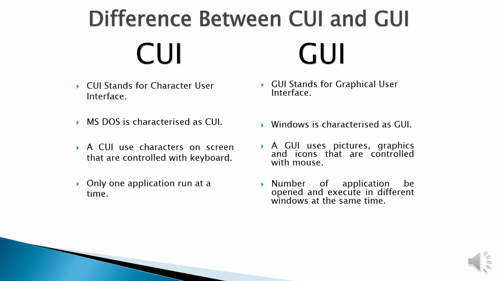For example, if you want to work on MS Word, you can open it, and after that, you can also use any other software like PowerPoint or MS Excel. It means you can open three softwares together and work on them. And suppose at the same time you want to listen to music, you can also open Windows Media Player and listen to the music. It means a number of applications can be opened in the Windows operating system.